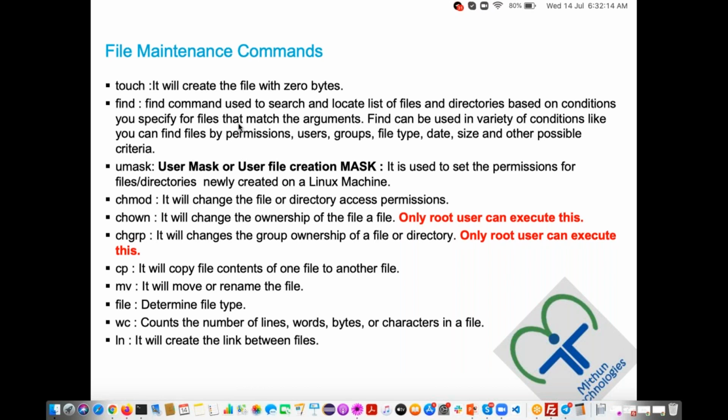Find can be used with a variety of conditions: you can find files by permissions, users, group, and file type. Suppose you want only the text files, you can specify that also. Date: what are the files created one week back? I want to get all those files. Like that, many options are there, and using the find command we can specify those conditions.